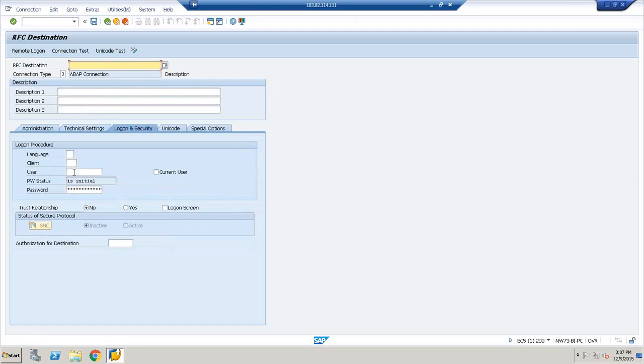Okay, now our target system is what? Our target system is the R3 system. So you need to set up a user ID in the R3 system. Okay, that user type should be system type, and the user should have access to RFC logon,